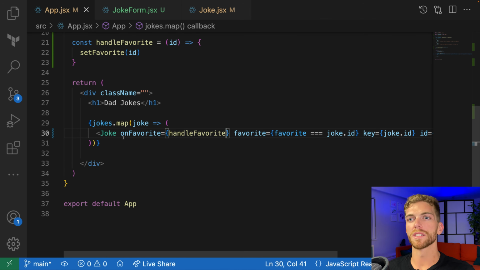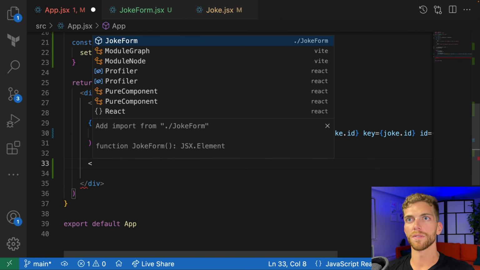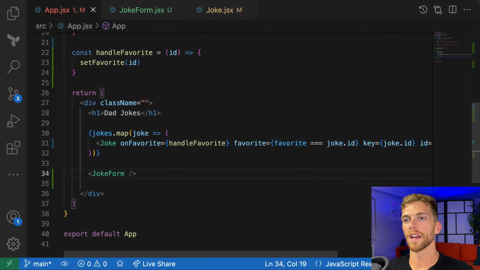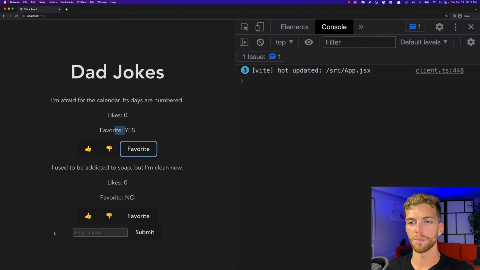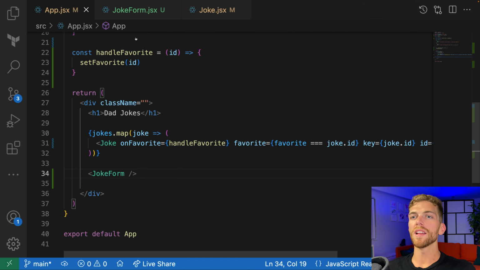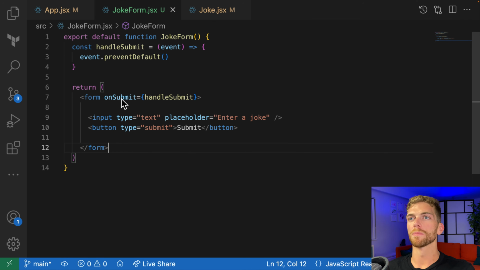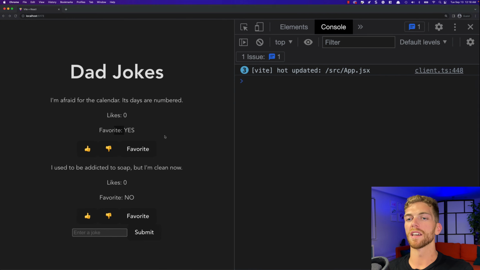And let's actually just see what this looks like so far. So I'll add a JokeForm to my app. There we go, enter a joke and submit. That's good enough. So when this joke form gets submitted here, I want it to pass the data that is